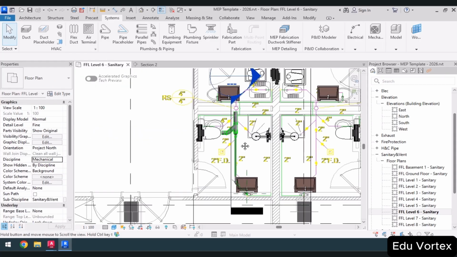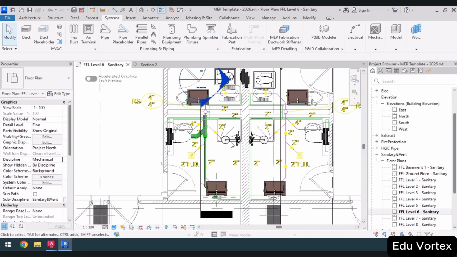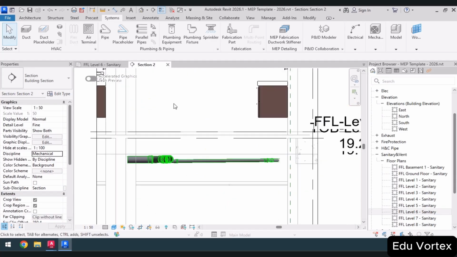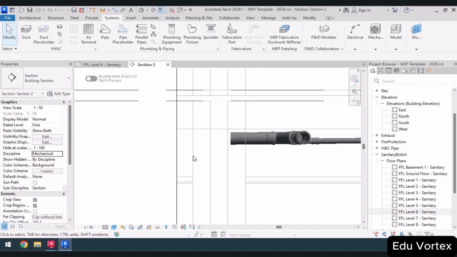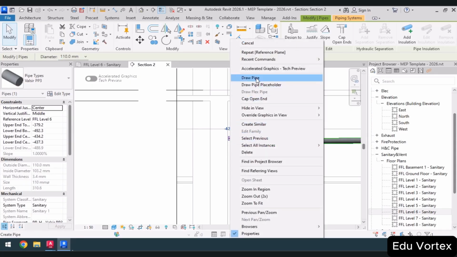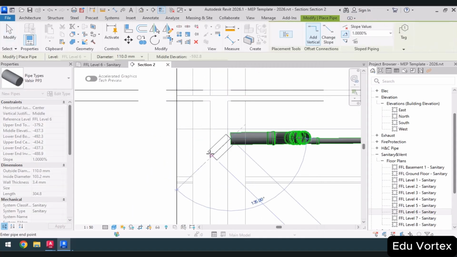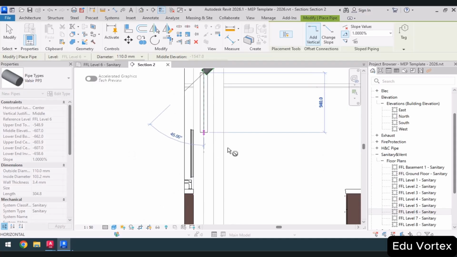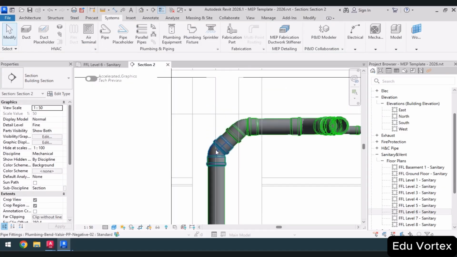Now I need to create the connection for this floor drain and draw my riser. So the first thing I need to do is to draw the riser in this section. My connections are at 45 degrees. I will click on the pipe and continue drawing it downwards. Right clicking the group for the draw pipe at the 45 degree angle, moving downwards vertically until I reach an approximate height. So I won't go all the way down, so I stop at the height